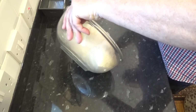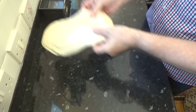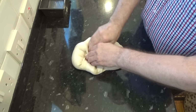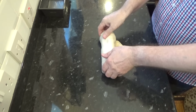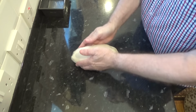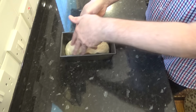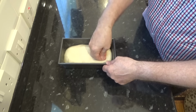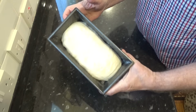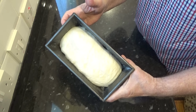Now turn it out onto the worktop, no need for flour this time. Now knock the dough back again and form it into a sausage shape as shown. Place the dough into the prepared loaf tin and gently press it down into the corners. At this point you can sprinkle on a little flour and cover it with a lightweight dry cloth and place it back into its warm spot again,